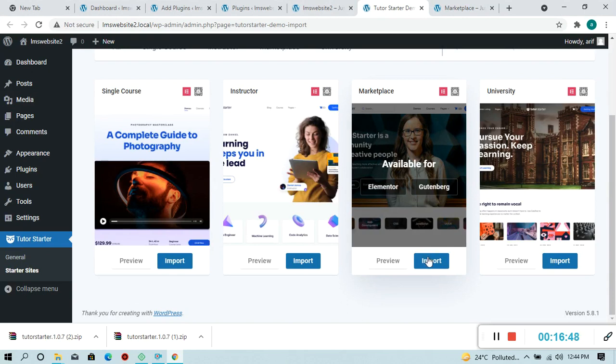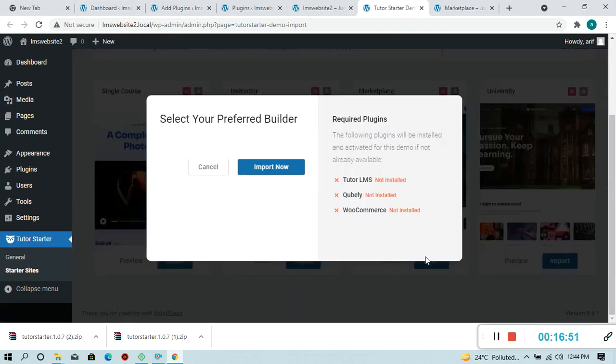So if I click on import now, we have to install at least four plugins, right? Tutor LMS, Qubely, WooCommerce, and Elementor. Why do we need Elementor?